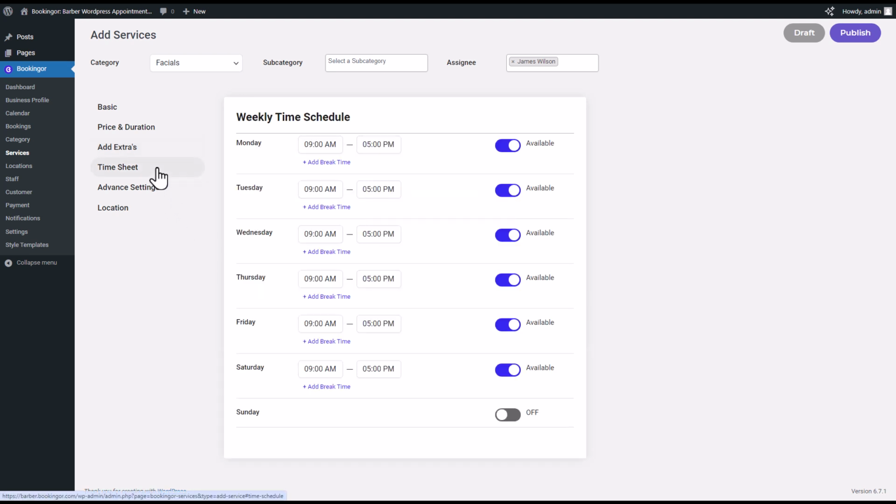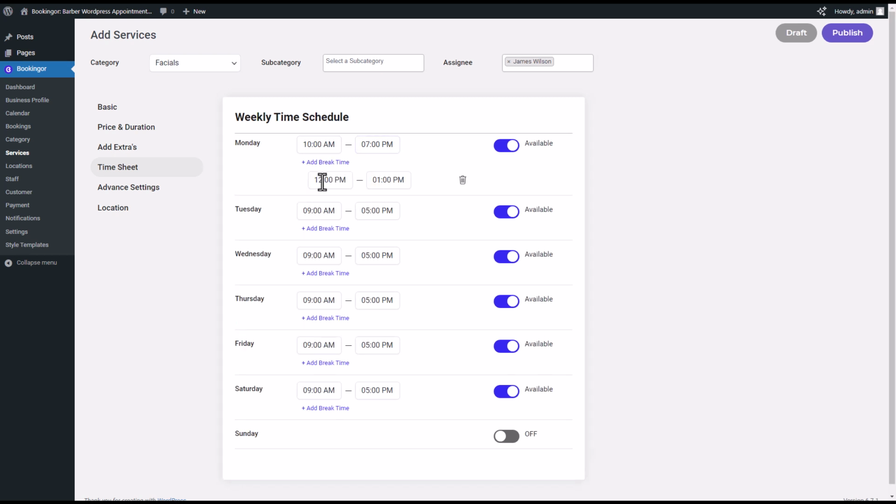Now let's move on to the Timesheet tab. You can set the weekly schedule for the service. Set the service hours for each day of the week. For example, you can set Monday start time 10 a.m. to 7 p.m. end time, and if there are breaks during the working day, you can easily add them by